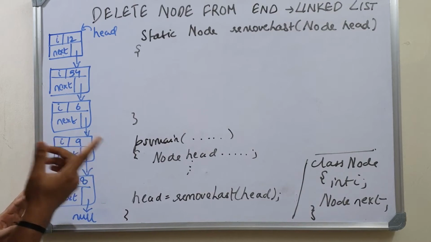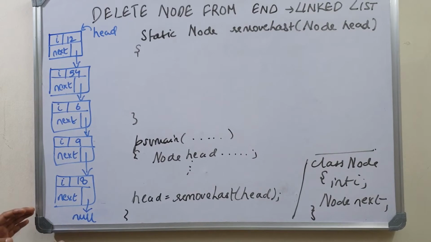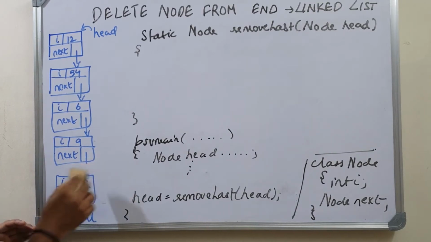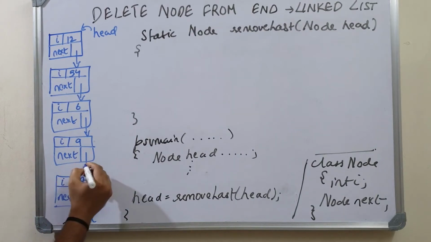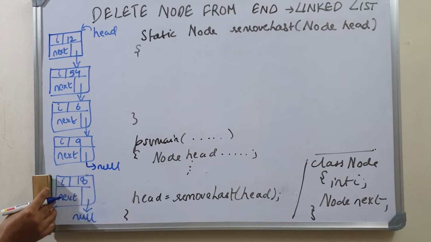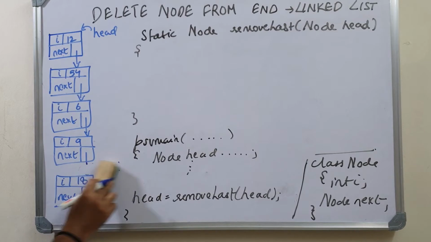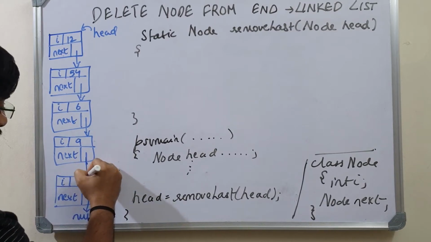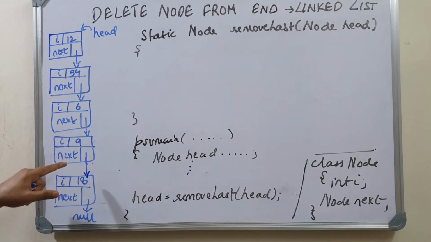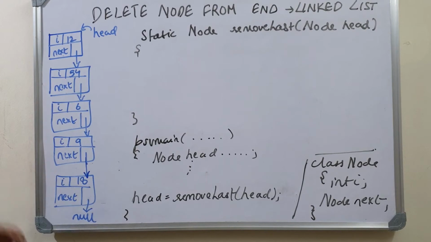And how do you identify the last node of the linked list? The next of the last node is pointing to null, right? So if the next of this node, that is the second last node, points to null, we are able to disconnect the last node, and this becomes the new last node. So what we have now is this. In order to delete the last node, we have to reach the second last node and disconnect the last node from the second last node. So first thing is we have to reach the second last node.